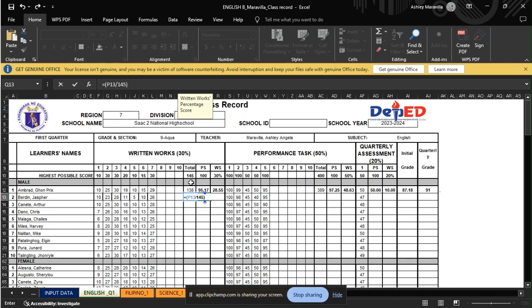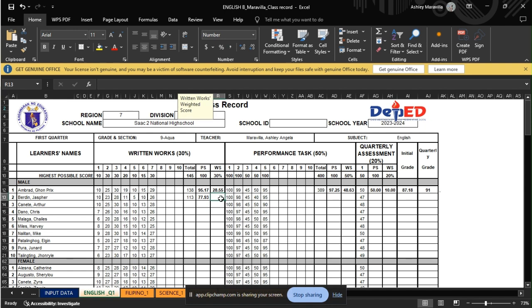Close the parentheses, then put an asterisk. Then you're going to input the highest possible score of the percentage score, which is 100. Don't click enter.